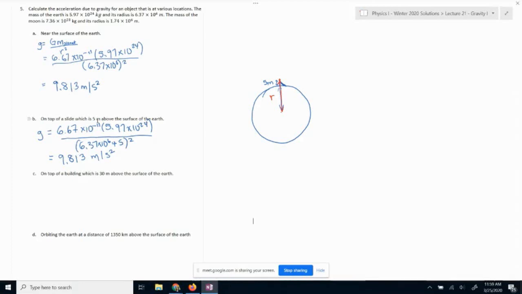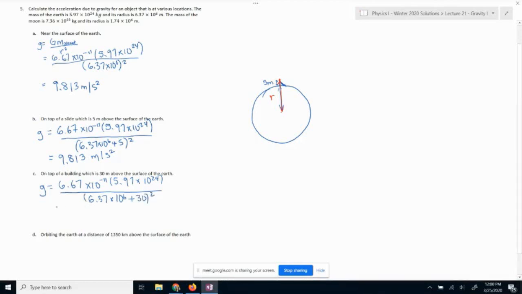So when I say close, what do you think I mean? Near the surface of the Earth, so you're actually on it, that's close. On top of a 5 meter tall slide, that's still close to the surface of the Earth. Do you think on top of a building that's 30 meters above the surface of the Earth is still close? Not really. Okay, so let's try it. Are you saying it's close or it's not close? It's still going to be relatively close to 9.81. Yeah, exactly. So if we do this number here, 6.37 times 10 to the 6, and then plus the 30,